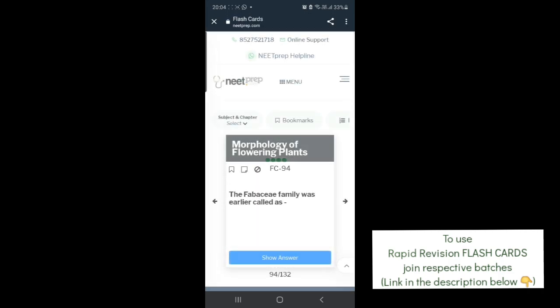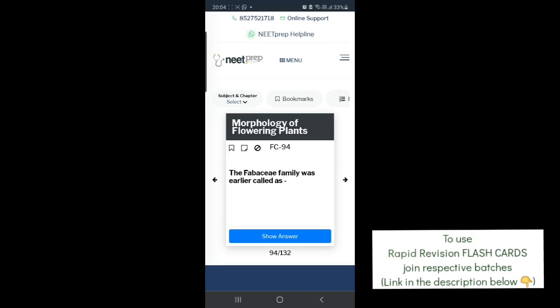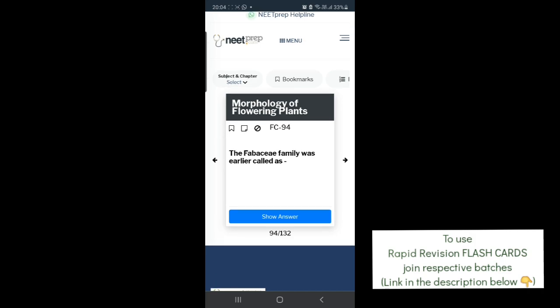Now the flashcards are based on the concept of active recall and spaced repetition. Active recall in the sense, you see the Fabaceae family was earlier called as, you don't remember, it was given in NCERT. You click on show answer, it was known as this, and the NCERT page number and paragraph is also mentioned so that you can go and refer. Right now this was active recall because you're not seeing the answers and you're trying to stress your neurons